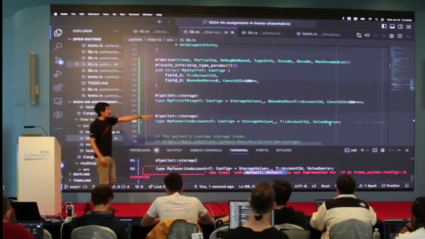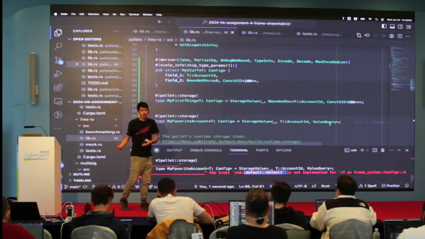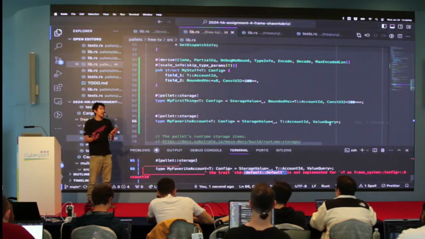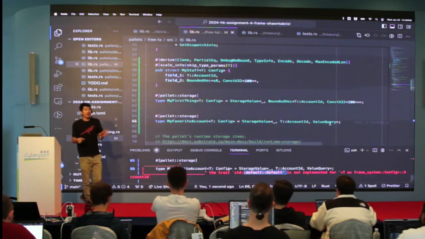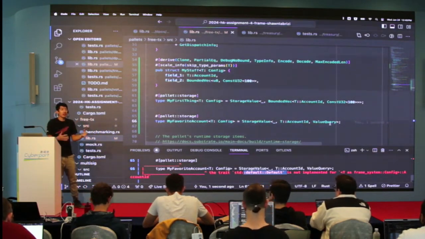So obviously you can't do value query here because we're trying to make it not an option, but there's no default account, right? And we don't want to. You do not want to use default accounts. That's almost the same thing as the undefined or null pointer problem. Don't do it. In the case of a U32, default is 0. That kind of makes sense. In the case of account, no.